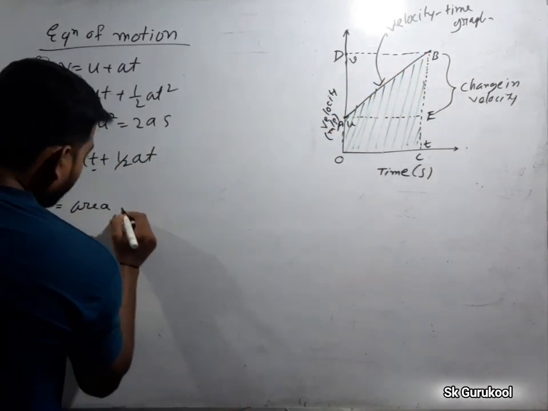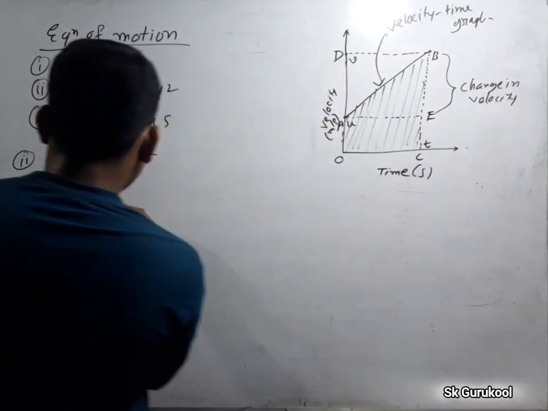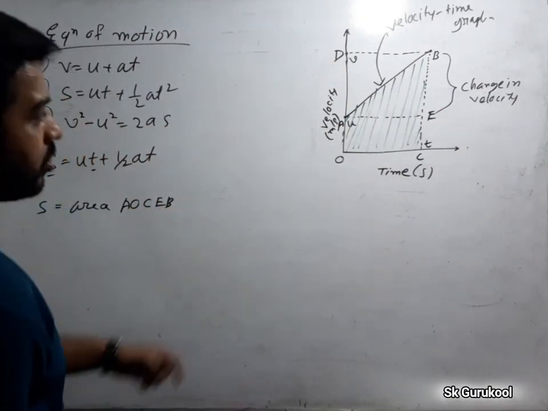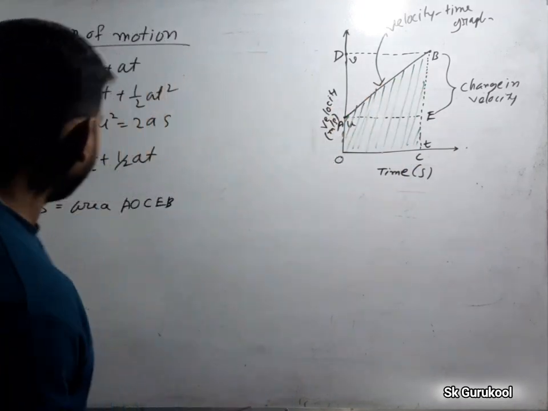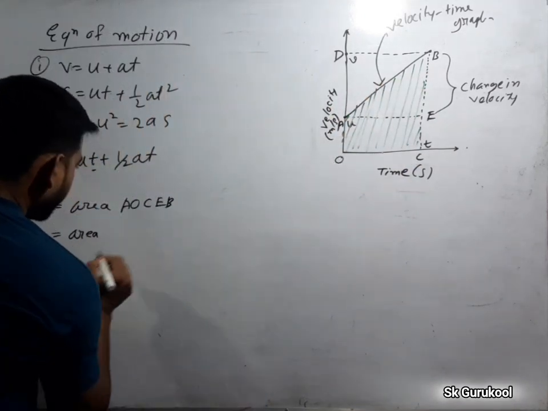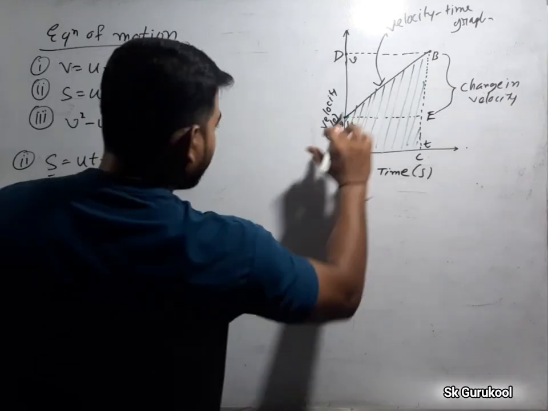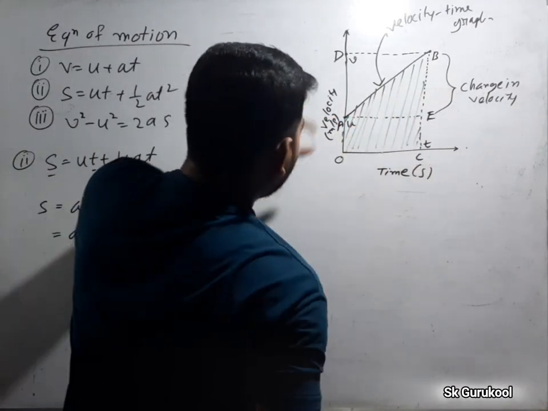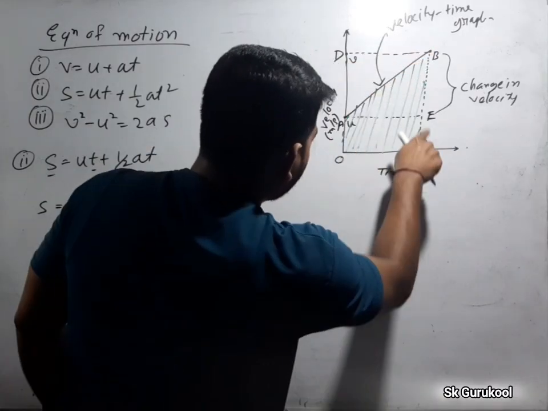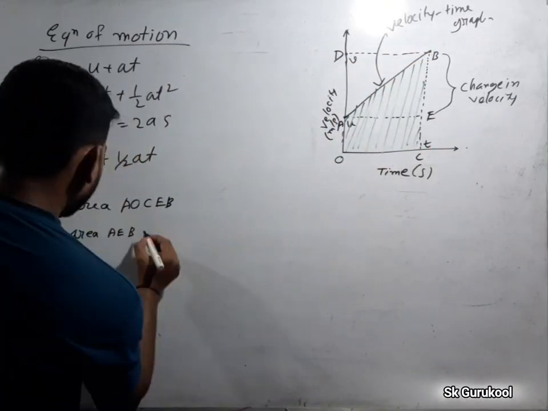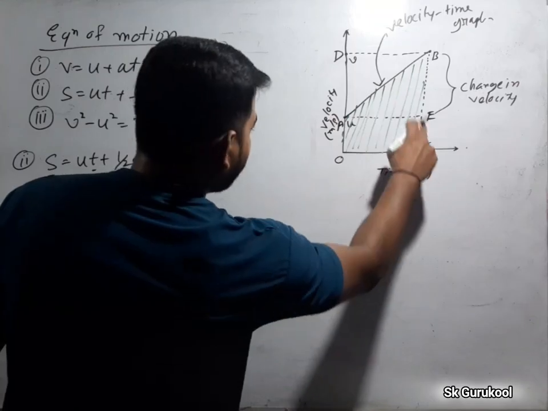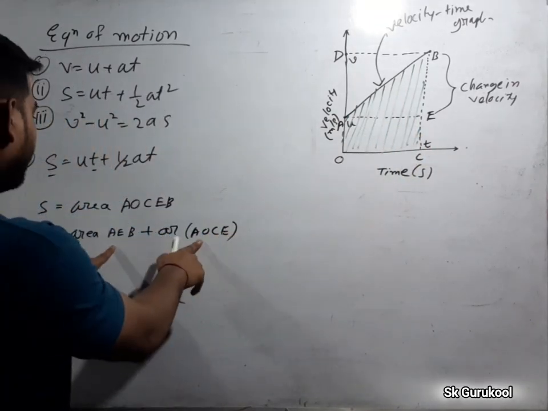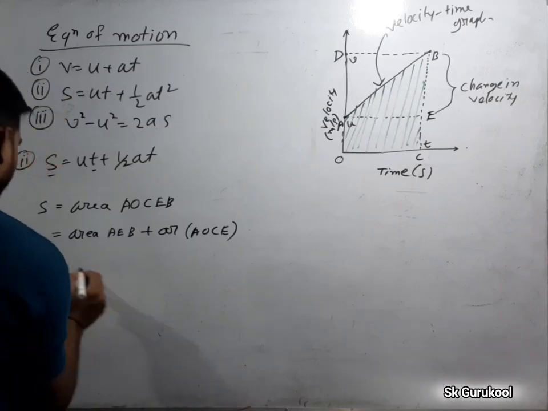Area of AOCEB. But it is a complicated structure. That's why we will break this shape into, first, area of AEB, the area of this triangle, plus the area of this rectangle, area of AOCE. We can break them separately, and adding the areas of these two we get one area. Okay, see, what is the area of AEB? We know